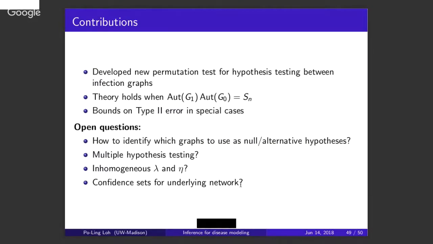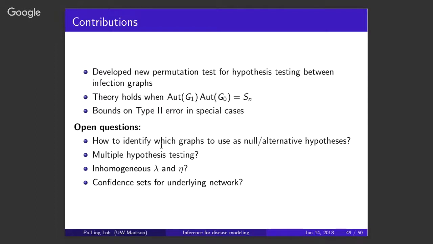And I should say that there are lots of open questions. Maybe the first one that's not even listed here is, can we come up with a more interpretable condition? Because really, we've just come up with a sufficient condition which has to do with automorphism groups, but it's really hard to interpret. So it would be great if we could come up with another condition that were a little bit more interpretable, under which this method still works.